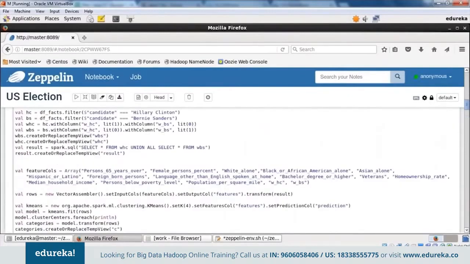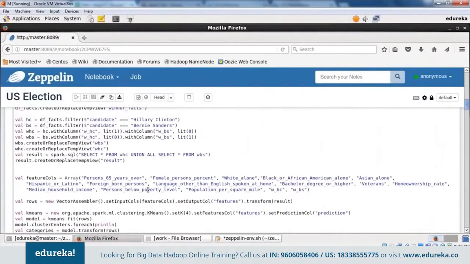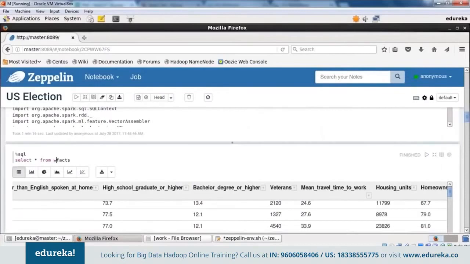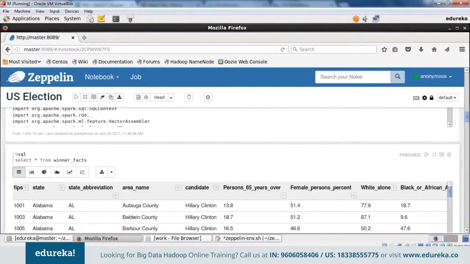Let me show you what winner facts looks like. You've got FIPS, the state is Alabama, the state abbreviation is AL for Alabama. The area name is Autauga County. The winner was Hillary Clinton, and the people over 65 years in that particular county is 13.8%.